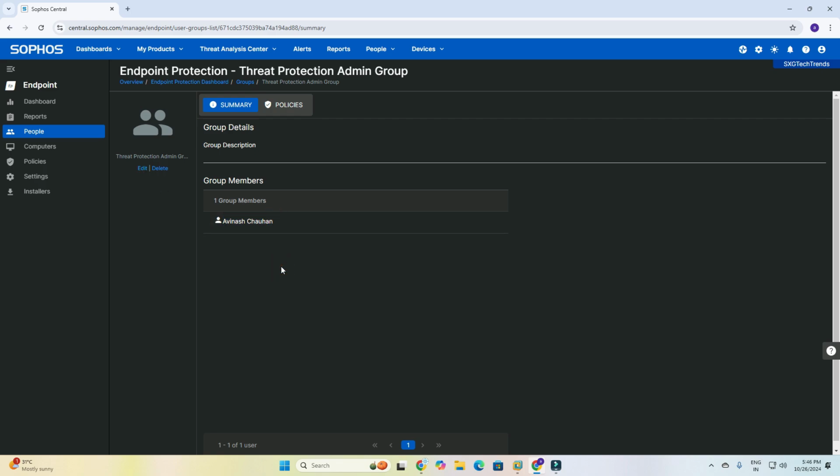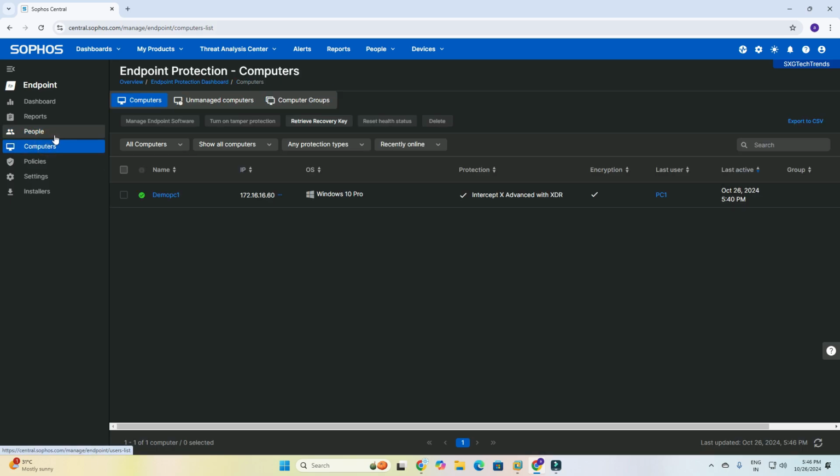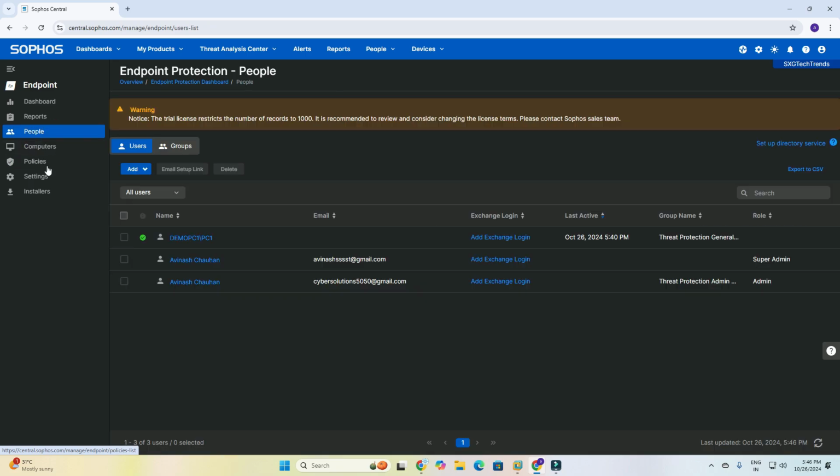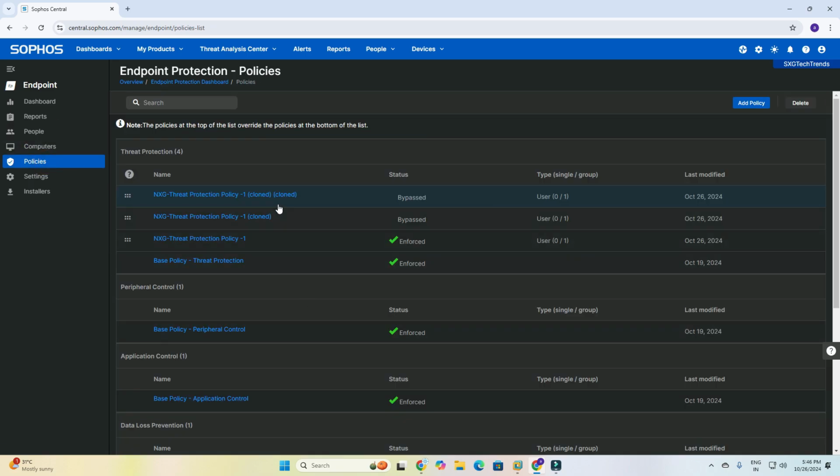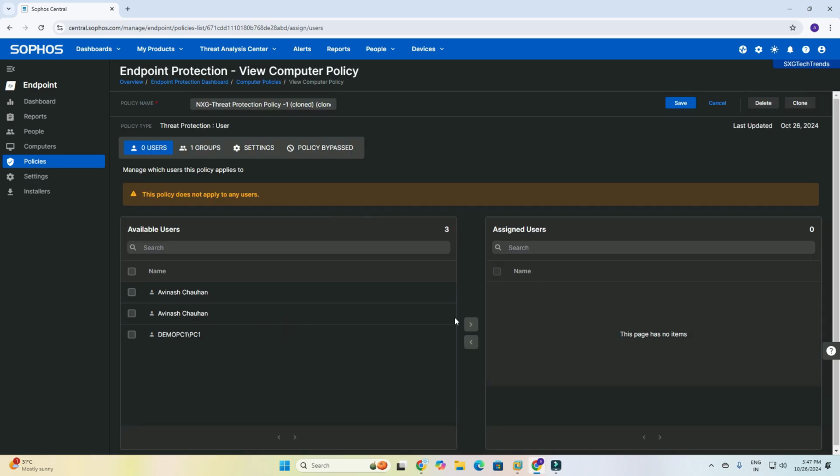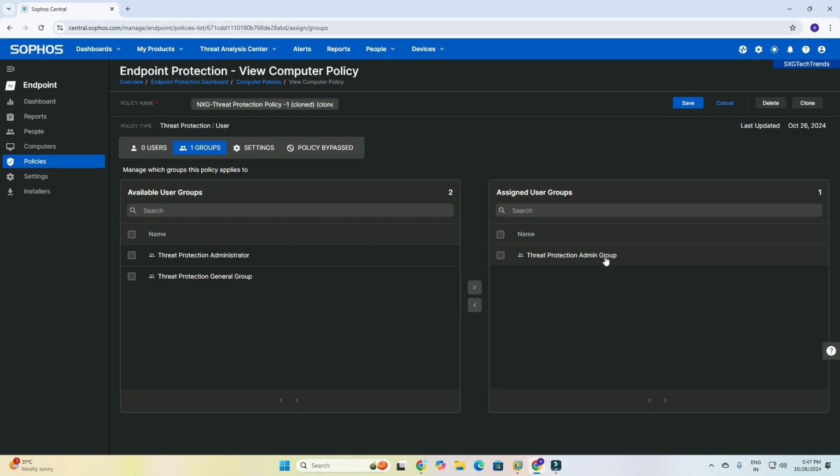And maybe there is an admin level, where once you create a policy like this, then if required, for example if you want to disable scanning for admin, this is the admin policy. If you click here, you can see one group added, the threat protection admin group.